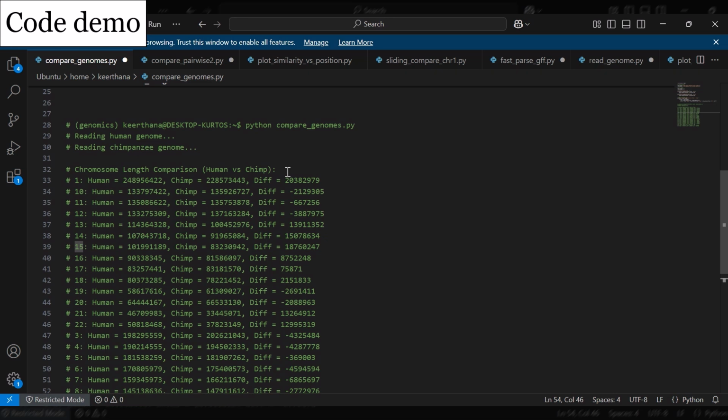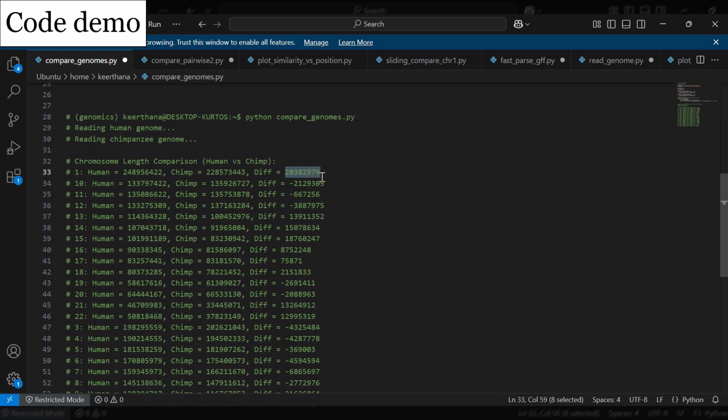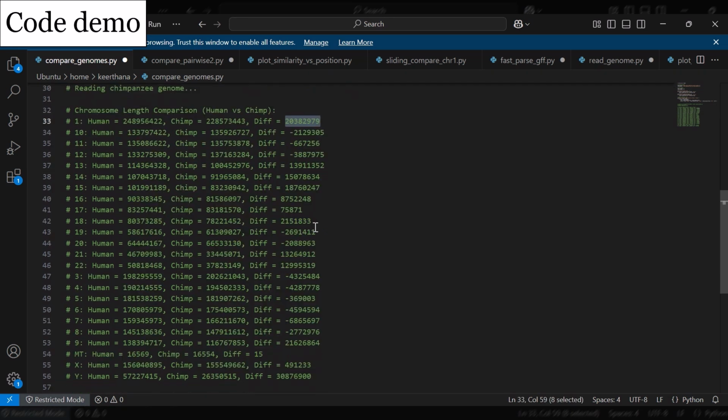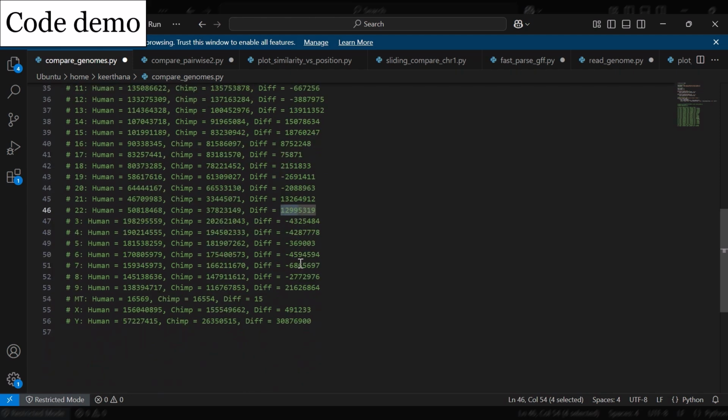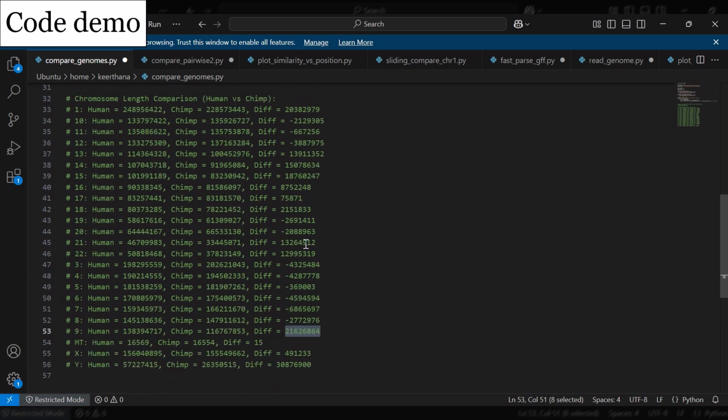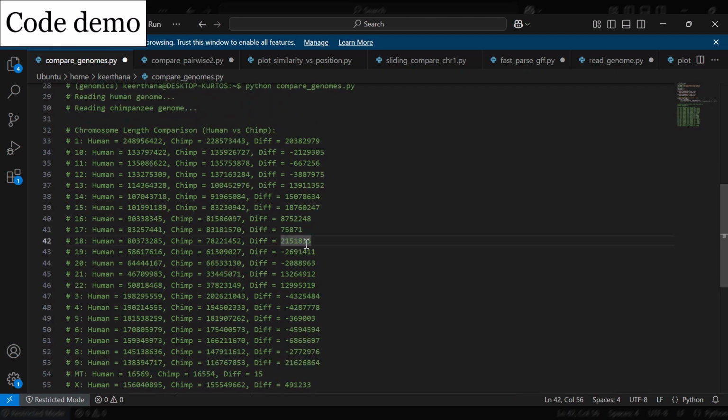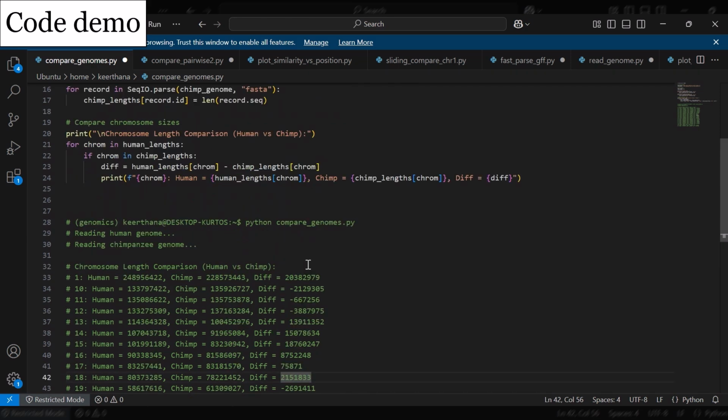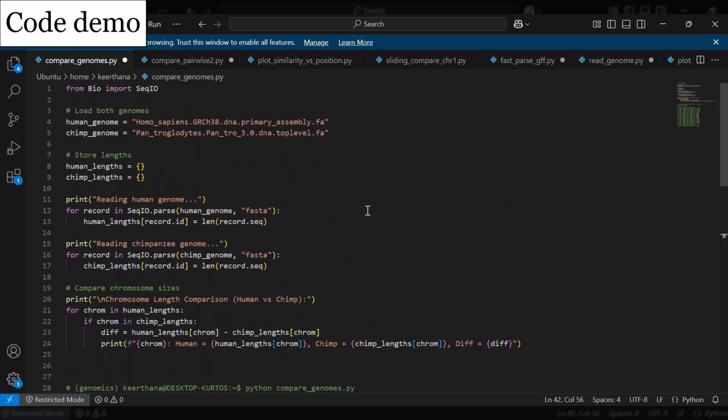Here we can see chromosome 1, chromosome 21, 22, then 9. All these are huge numbers. So the difference is very high. So we can say that there's a possibility of mutations such as deletion, duplication, and all. So we can infer. Before that, we also did pre-processing of the data and